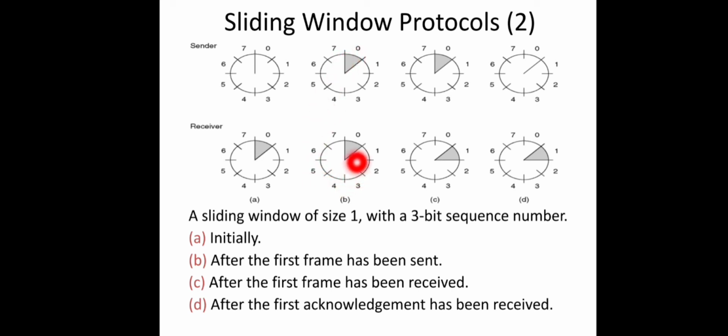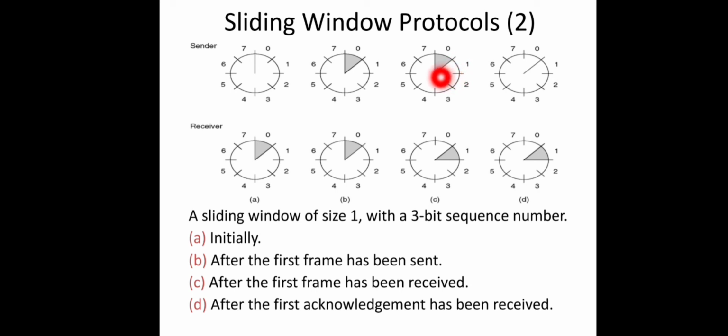And you can see the receiver side at stage 2. The receiver is yet to receive this frame. That is why it's still at frame 0. And the third stage is after the first frame has been received. In the receiver you can see, yes, I have received one frame and I am sending back the acknowledgement. What about the sender? The status is the same, right? I have sent the data frame to the receiver. I am waiting for the acknowledgement for the same, and I am ready for sending the second frame.